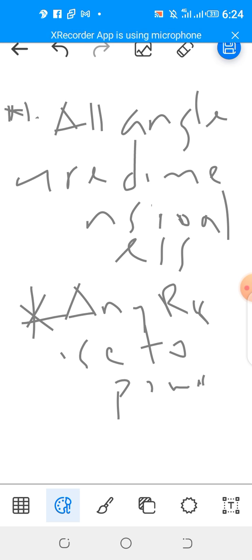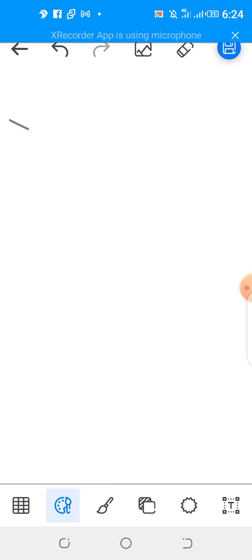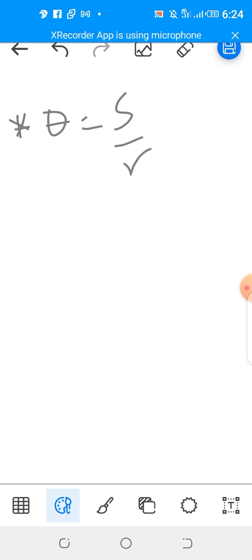Okay. And now the last one, let me rub this off for the last one so I can see. The last one is that all angular stuff is not the same as the linear stuff. For example, angular distance equals S over R. Angular velocity equals W over R. Okay. Angular momentum